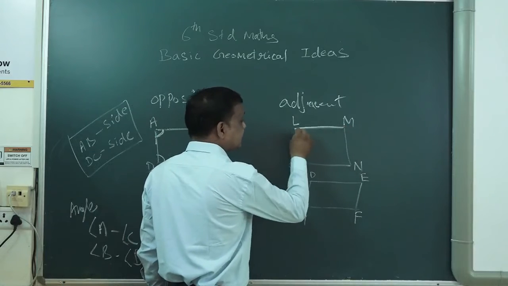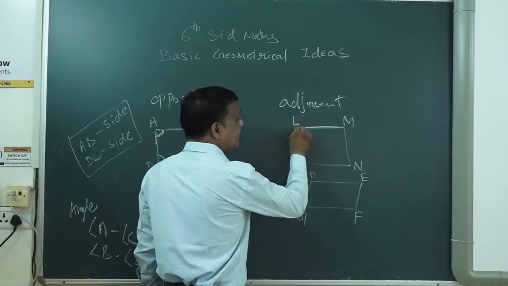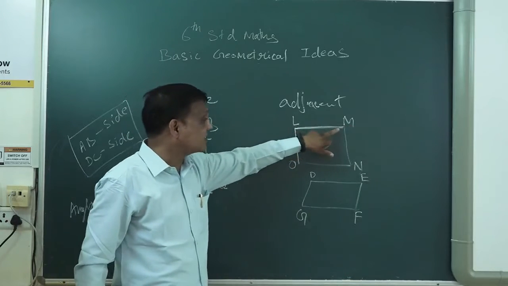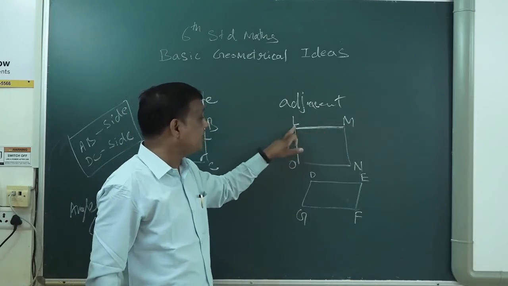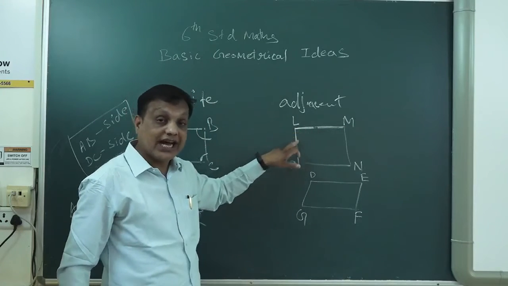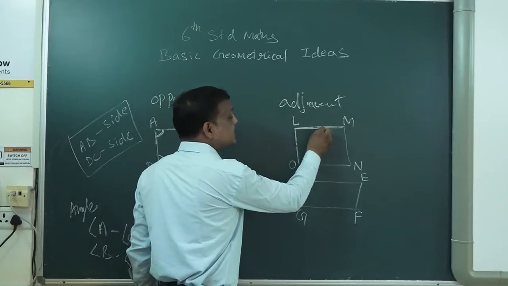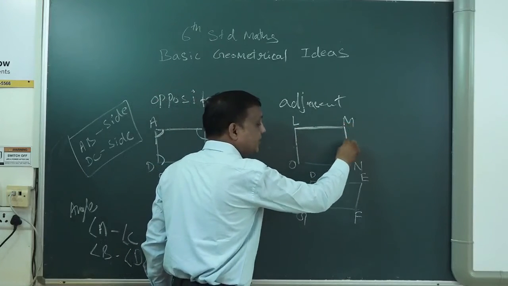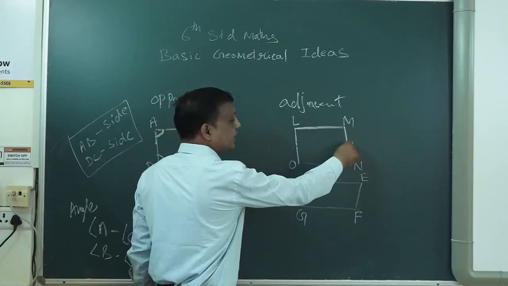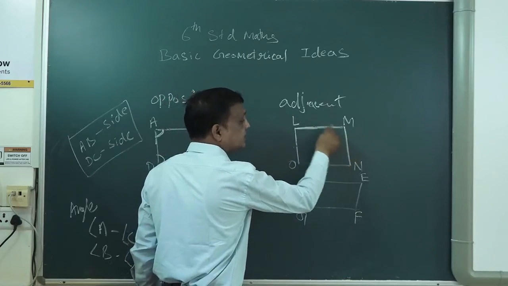LM is adjacent to LO. ये बाजू का सेगमेंट लाइन और ये बाजू का सेगमेंट लाइन, मींस यहाँ का साइड LM और LO एक दूसरे के बाजू में है. इसको एडजसेंट बोल सकते हैं. And along with that you can say LM is adjacent to MN also, because this LM is beside the MN. So these both are adjacent sides to each other.